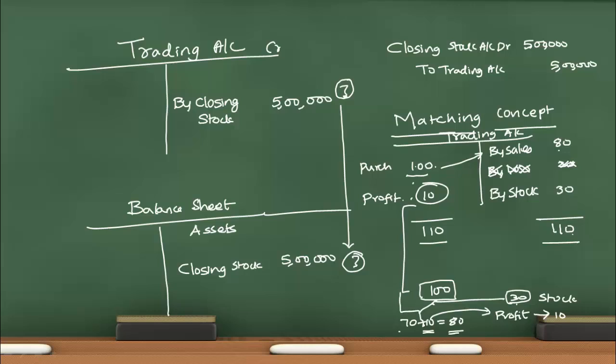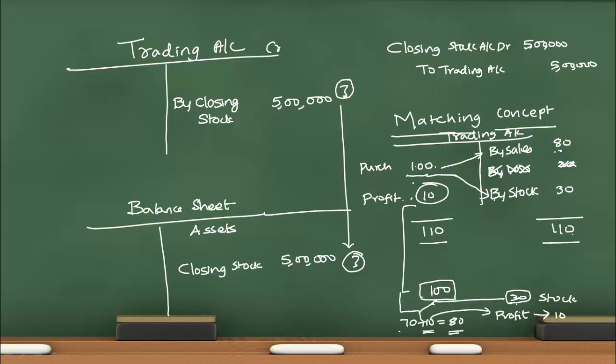Our common sense said this company has made a profit of 10 rupees, but how come the accounts are showing a loss of 20? It's because the stock which was unsold was not accounted. Now we have accounted the unsold stock by following the matching concept. So by writing the stock on the credit side of P&L, we are not adding a new income. Actually, we are subtracting it from expense. We are not adding a new income. We are subtracting it from expense,